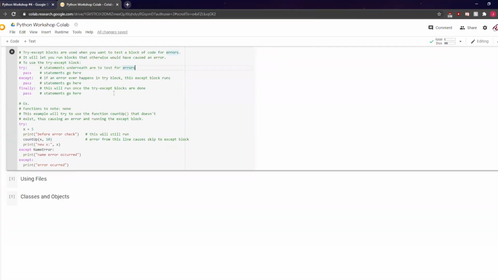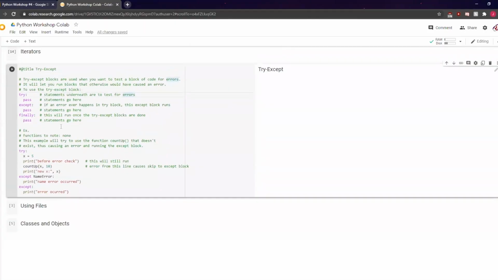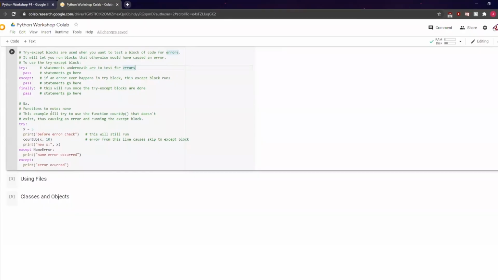So this example, no functions to note. This example will try to use the function count up that doesn't exist, thus causing an error and running the except block. So how the try except works is it'll still go through it like normal, x equals 5, and then it'll print error before check. It will still print that. But because count up doesn't exist, it'll then cause an error. But instead of crashing the entire program, the entire script, it'll go to this except NameError